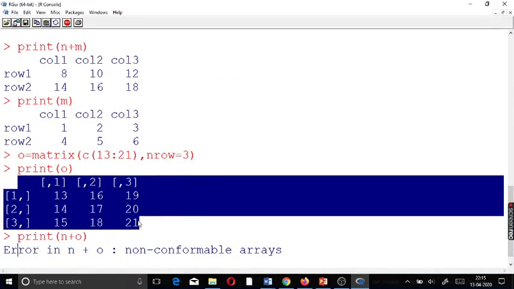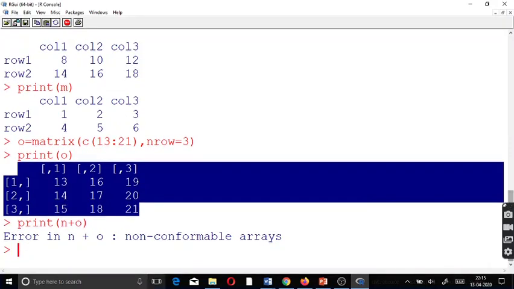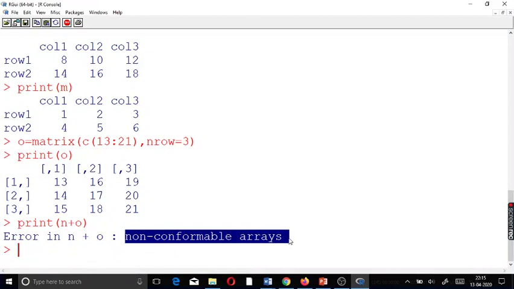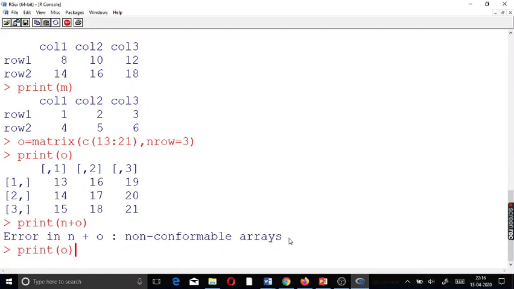Since one matrix has 3 rows and the other has 2 rows, that is why it is giving you this error, non-conformable arrays. So what do you understand from this error? You can perform any operation or manipulation on matrices, whether you want to add, subtract, divide or multiply, but the problem is both matrices should be of the same dimension. Fine, that you have to keep in mind.